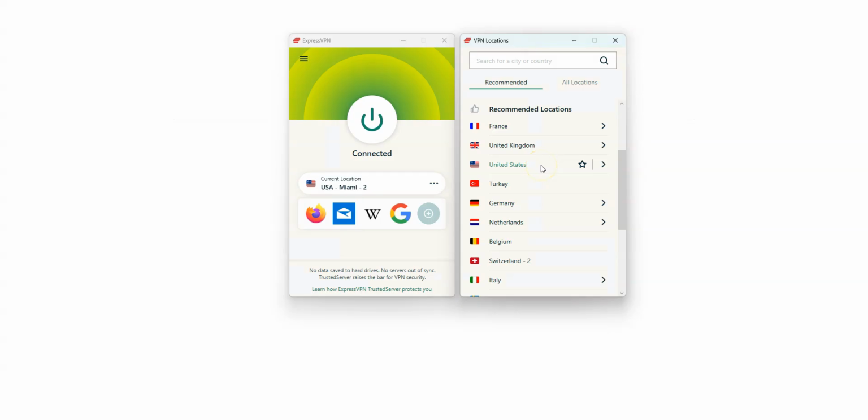To sum up, the idea is to use ExpressVPN to change your IP address. Once your real IP address is masked, you can bypass the IP ban and start visiting the site, using the app, or playing the video game again. All you have to do is select a location from the list of countries and press this button. That's all. It's as simple as that.